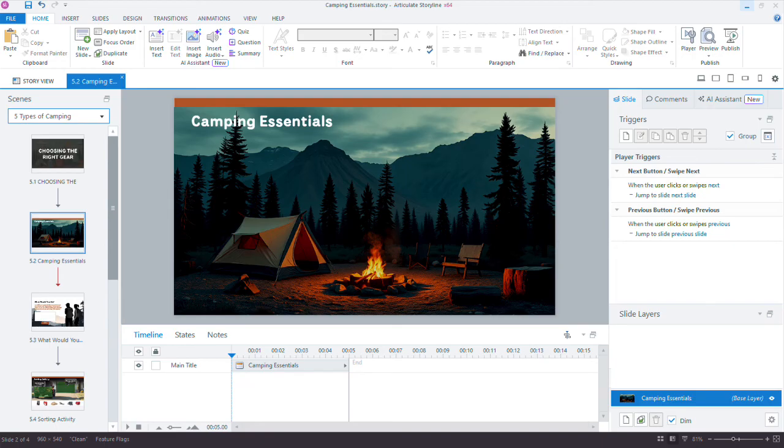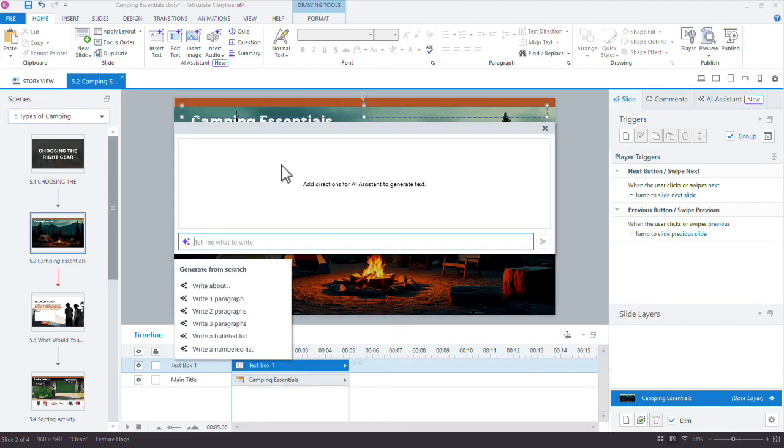Let me give me some ideas on some things I can do right here. So here we go. I'm going to say insert text, and I need to get some help writing a drag and drop activity. So let's see what we say. Create a drag and drop activity. I'm just kind of winging it here. Activity, focusing on items to bring on camping, right? Bring on camping, and items to leave at home. So we'll say list for